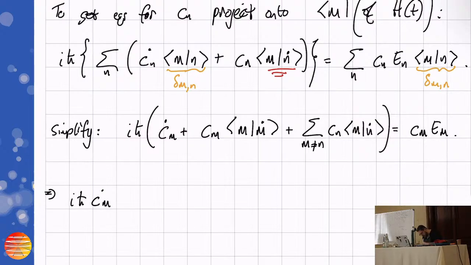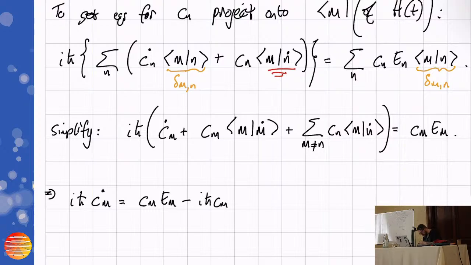So that's the time derivative of my coefficient I'm interested in. And then I'll take everything across the equal sign. Is equal to, so what I have will be c_m e_m minus an i h bar